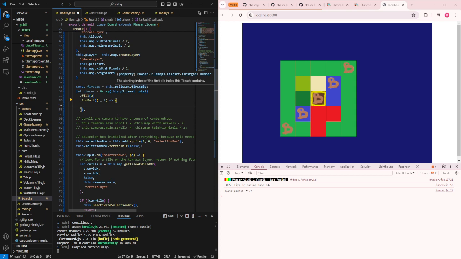Graphics ID, I don't know what it means. Also, do I start from 0 or 1? I hope from 0. Okay, let me